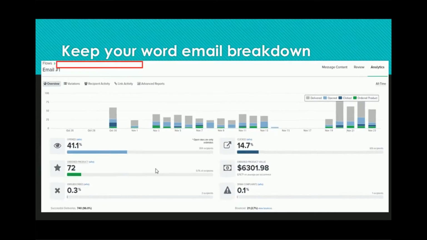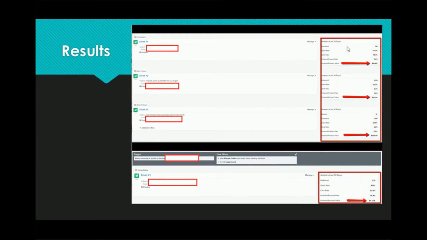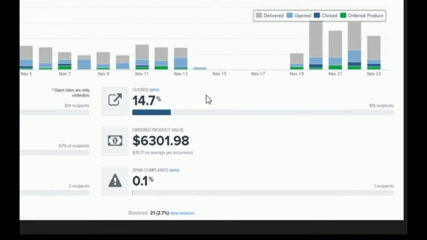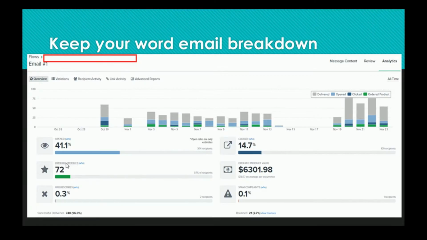So I want to jump right in and break this down a little bit further for you guys, to get a little deeper on the conversion in this tactic. This is the first email, the very first one, the one that made the 6 grand. Over here, 740 emails were delivered. We have a 41% open rate. That's about 304 people out of the 700 who opened the email. About 109 out of the 304 that opened clicked through the email,